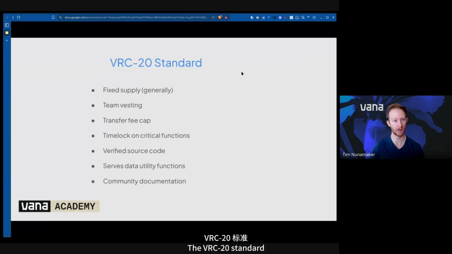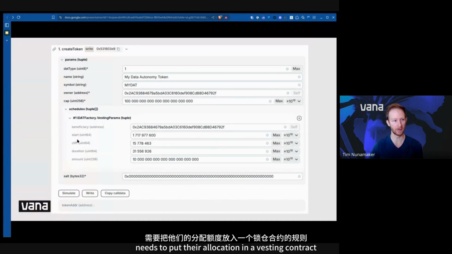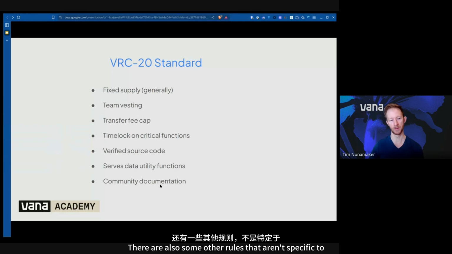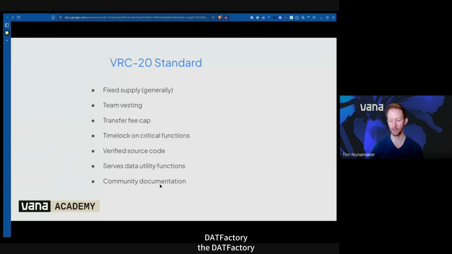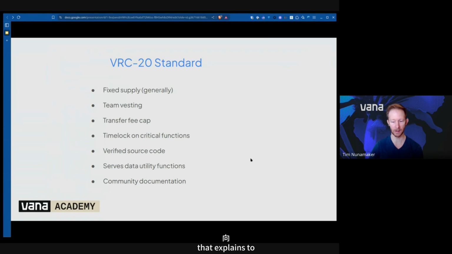The VRC-20 standard essentially sets rules about how the team launching a data DAO or DLP needs to put their allocation in a vesting contract. In general, the token supply should be fixed without significant inflation. There are also some other rules that aren't specific to the dApp factory. For example, you should have community documentation on your website that explains to your community and end users how your